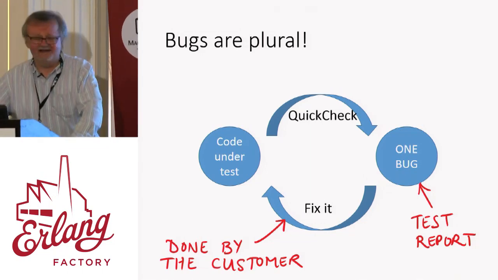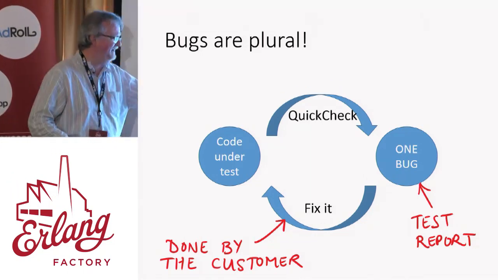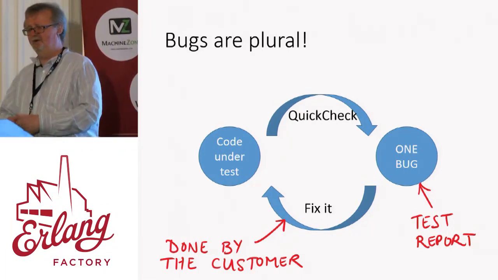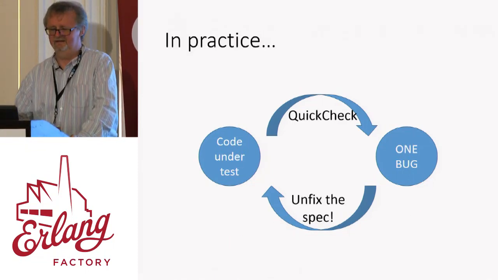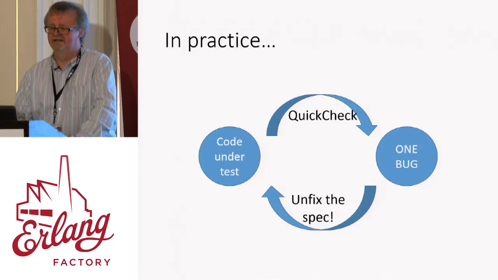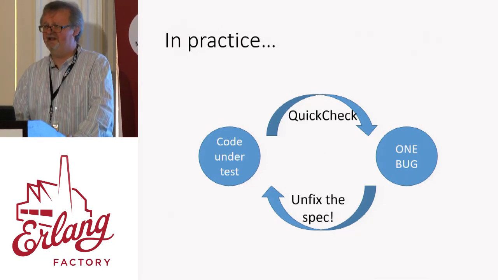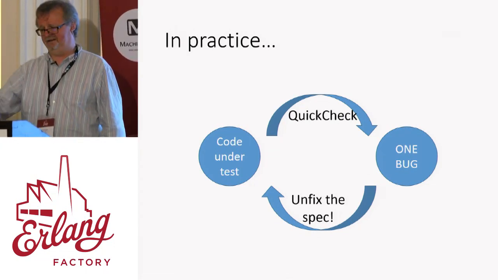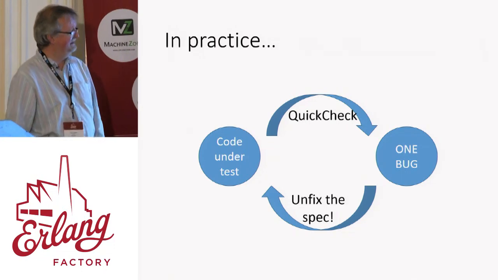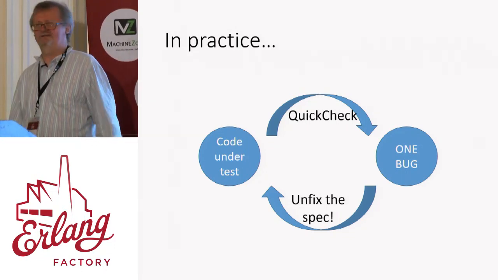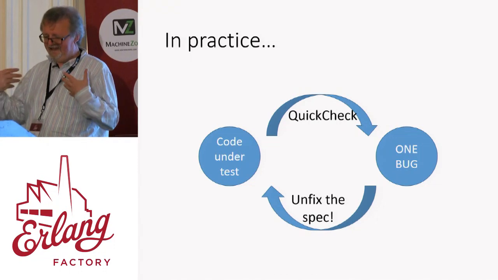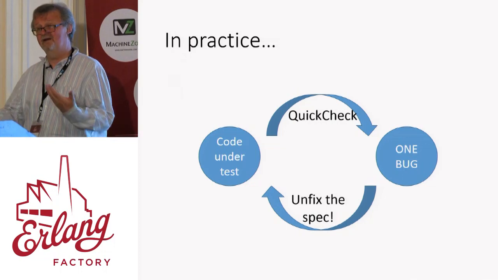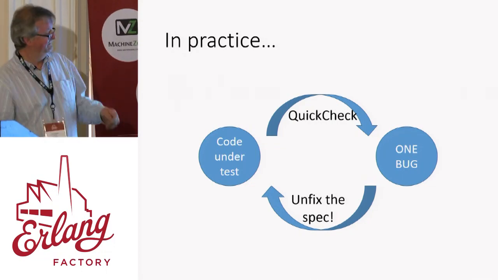So we had to do something about that. But I explained usually what we would do is fix the bug, and then QuickCheck will show us the next one. We couldn't do that. So what did we do? Unfix the spec, of course. We have spent a lot of time writing QuickCheck models for buggy implementations of AUTOSAR so that we could go further and find the next bug. And as you can imagine, that is rather tedious work and a bit unsatisfying as well because, in a way, we're helping to diagnose the problem for the vendor because we're pinning down exactly what their code does wrong. But that wasn't what they were paying us for.